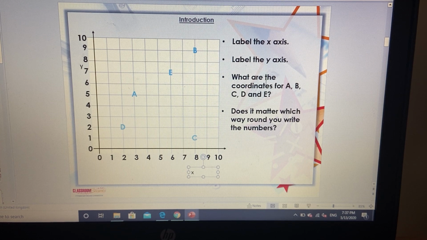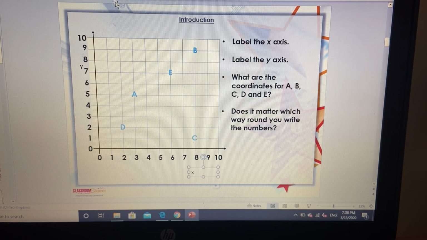I now need to find out the coordinates that we have here. So to do this, I must remember that we always start with the x-axis and we go along the bottom and you count the squares. So if you look, we're going to try and find A. Going along, we get to number 3, so we've walked along the corridor and now we're going to go up the y-axis, or sometimes people say up the stairs. So we're going to go up and you can see it's in line with 5. So the first number we came to was 3 and the next number we came to is 5, which means